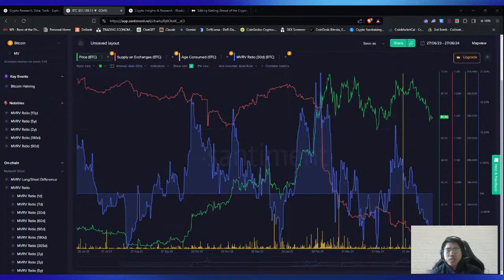And I think that would be it for me for my BTC analysis using Santiment. I believe Slava has prepared his own analysis for Ethereum. So let's move on to Slava for his Ethereum analysis.